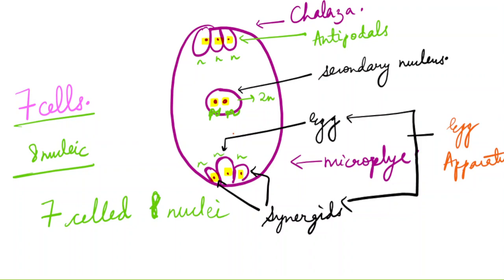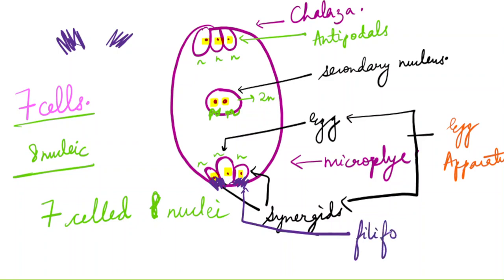Okay. And then here we also have small finger-like structures here and here, and it looks like this. So this structure which I have shown here is known as filiform apparatus. Okay, this you should know, filiform apparatus. So this is all about the part which we should know about